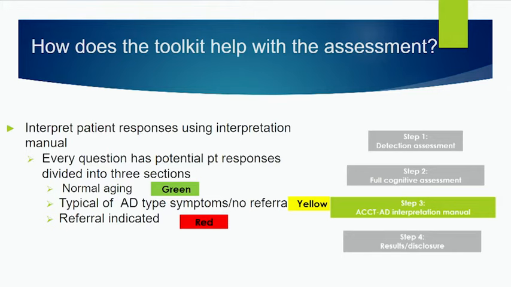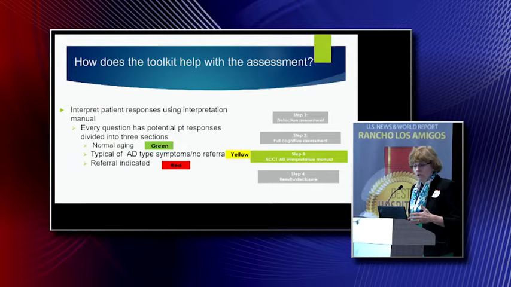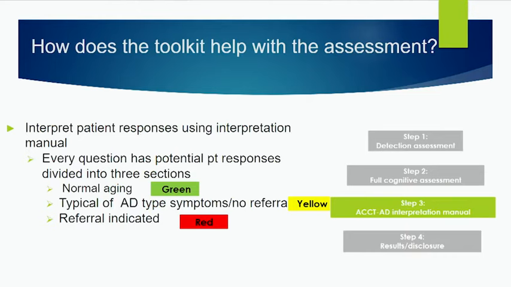Once you've gone through the questions and you've looked at the answers, you're going to get 3 potential boxes to put them in: answers consistent with normal aging, answers consistent with Alzheimer's disease, and answers consistent with needs a referral. Okay. Now, that's great. And at the end, you've done that for memory and visual spatial and all these other things. I want to mention the key thing here is this is not like